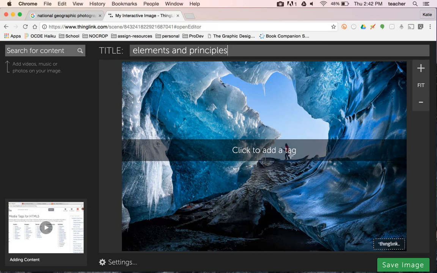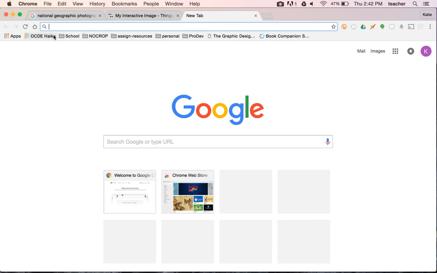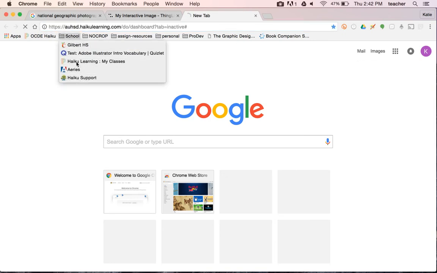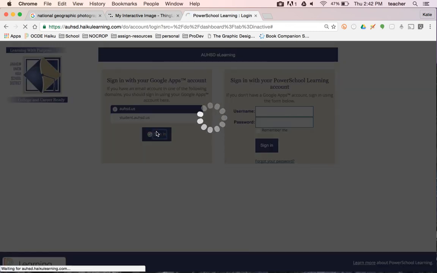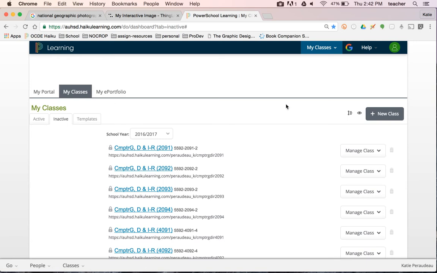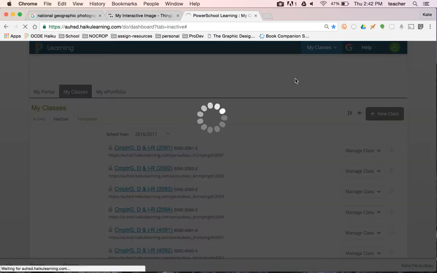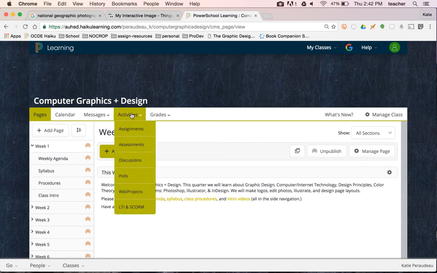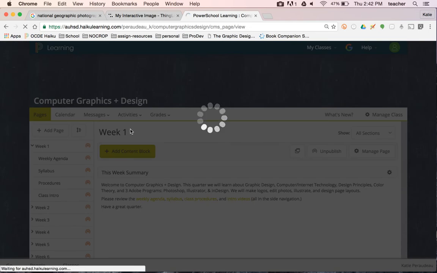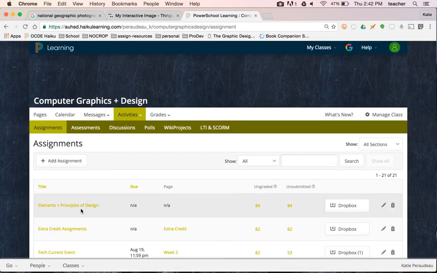So now here's what I want you to do. I want you to do 3 elements and 3 principles. So if I were you, I would go over to Haiku, log in, go to computer graphics, and you can find all of our assignments under activities and assignments. So there it is, Elements and Principles of Design. Open that up,